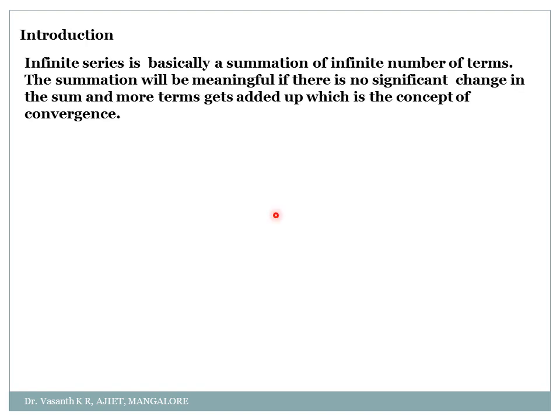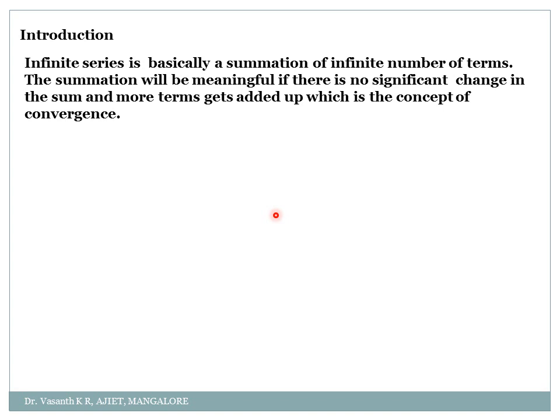Okay, so what is this infinite series? It is nothing but the sum of an infinite number of terms, correct? Now if you write 1 plus 2 plus 3 plus 4 plus so on, that is an infinite series. But what is a sequence? See, there is a lot of difference between sequence and series, correct? A sequence of odd numbers is 1, 3, 5, 7, 9, 11, all these are simply a sequence of numbers. But if I simply write it as 1 plus 3 plus 5 plus 7 plus 9, then it is what? Sum of odd numbers, correct? That is the difference between sequence and series, or series of odd numbers, summation of odd numbers.